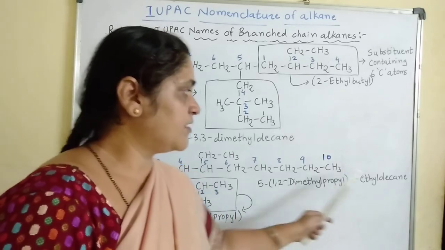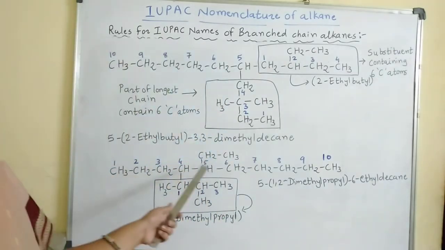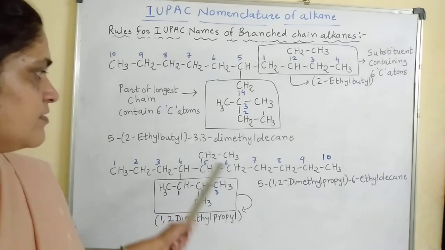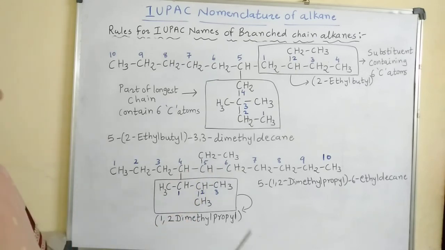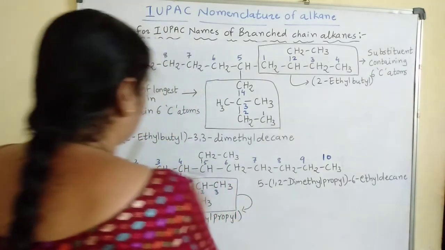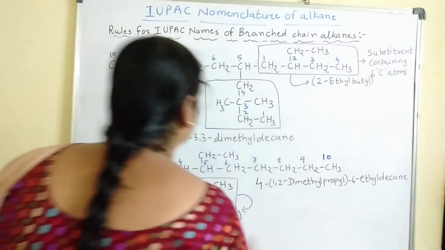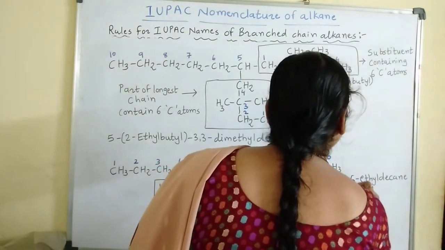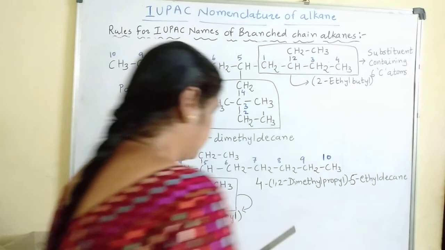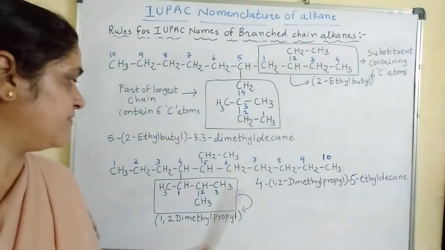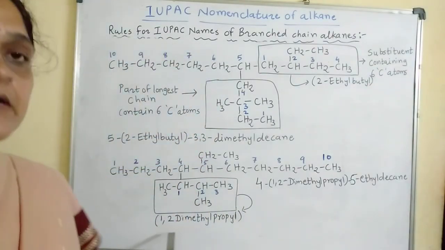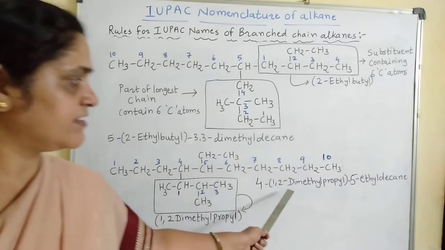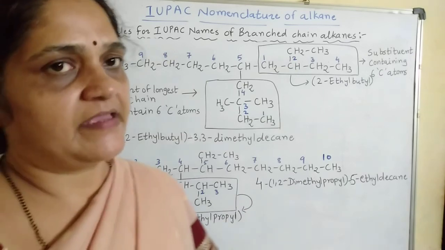So the ethyl group comes afterwards, and therefore the 5 number carbon contains the ethyl group, and here the 4 number carbon is containing the 1,2-dimethyl propyl. Sorry, 4 number here I have to write 4-(1,2-dimethyl propyl) and 5-ethyl. This way the name is written when the complex substituent is present in the group. So here we have considered the complete name of the complex substituent, and as D comes first, we have written its name first in the IUPAC name.